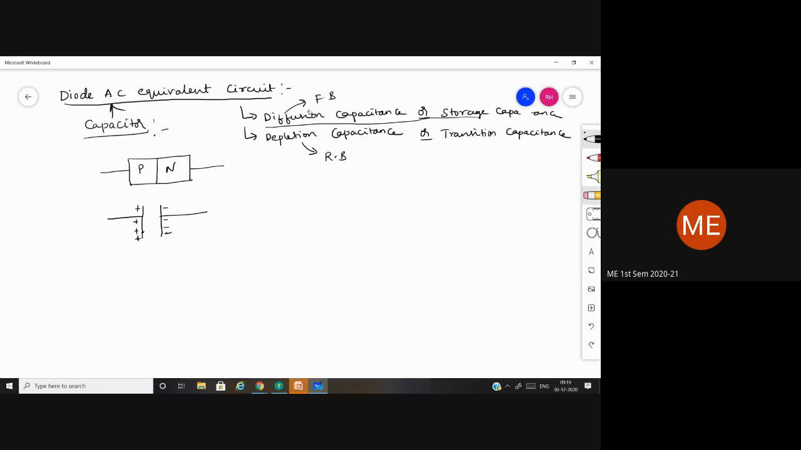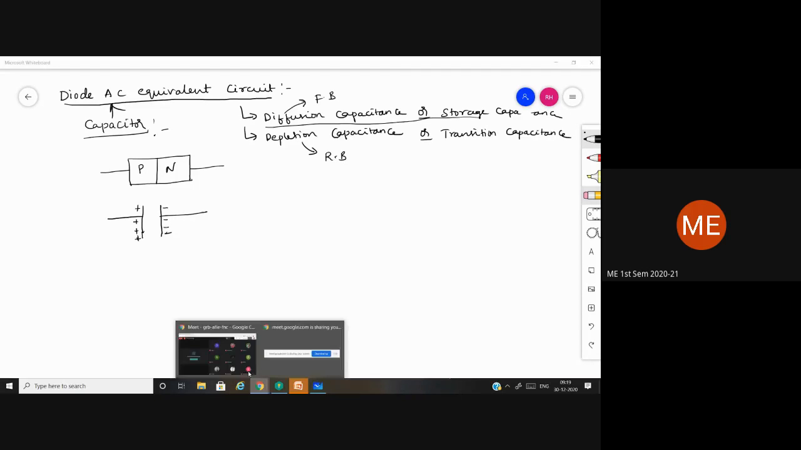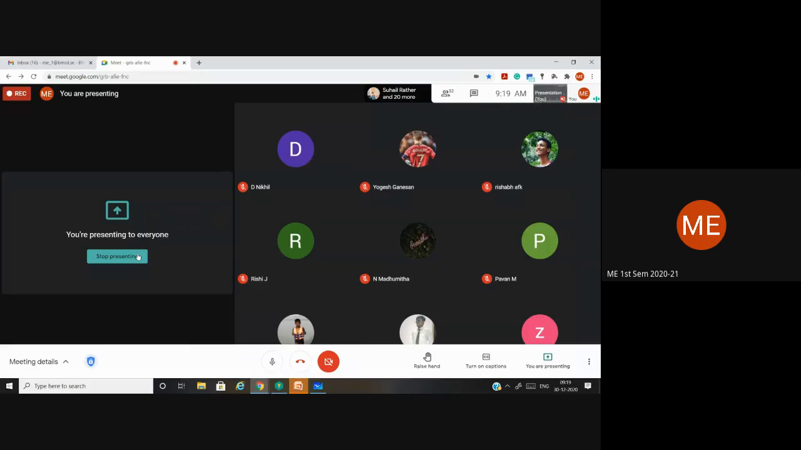Okay, so the diffusion and depletion capacitance, this part we will continue in the next class. From the next class onwards,